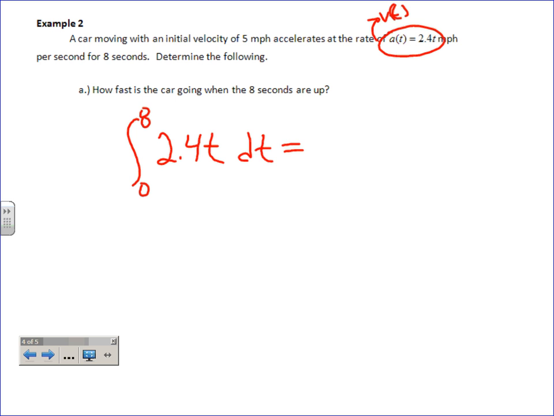And what'd you get for just this part? Is 76.8 correct for this part? Yes, it is. But let's check the label before we add the 5 that you know about. The label of this function is miles per hour per second. So we'll do it this way. Miles per hour